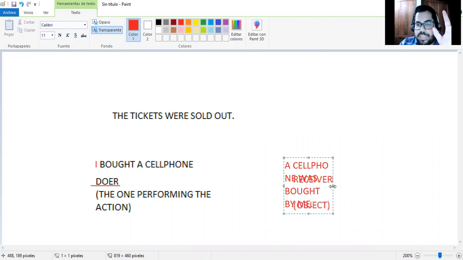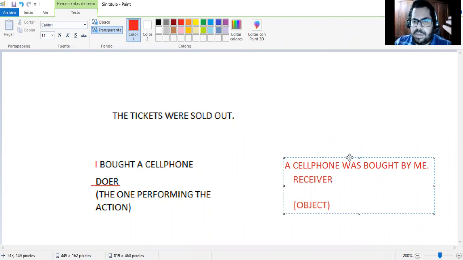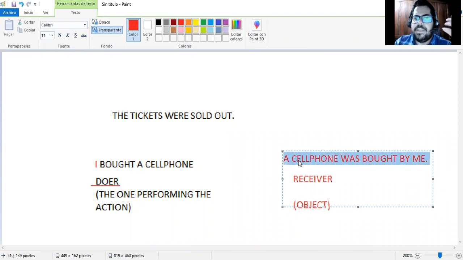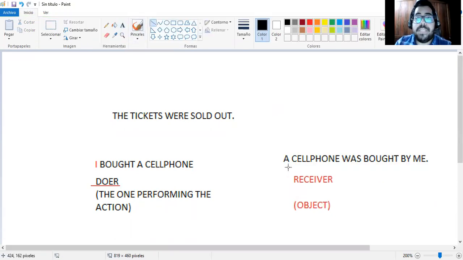Don't worry about the structure, guys. I'm going to show you in a few minutes, and I'm going to give you a lot of examples, so don't panic. Here, we're focusing on the object, and this is what we call passive voice. Teacher, in the active voice we focus on the subject, the one you said is the doer. Yes, the one performing the action, the subject of the verb. But in the passive voice, you're telling me the object is the most important part of the sentence. Yes, exactly, guys. That's what I'm trying to say.